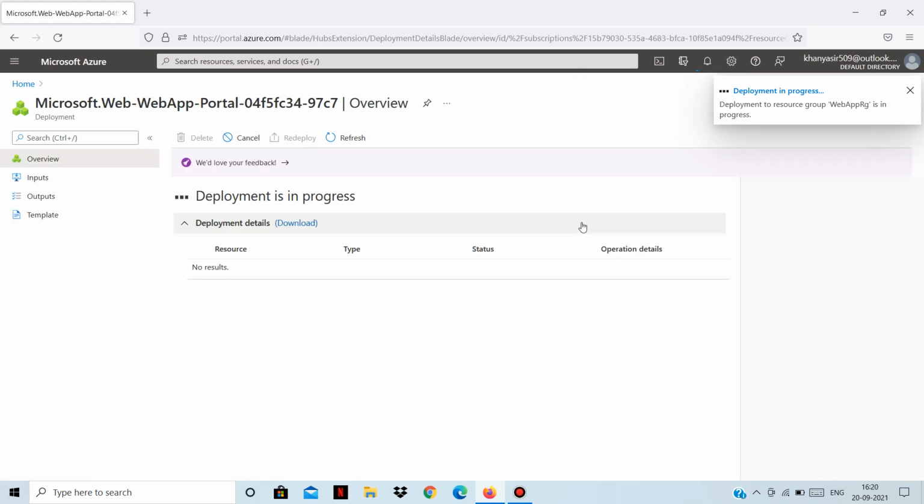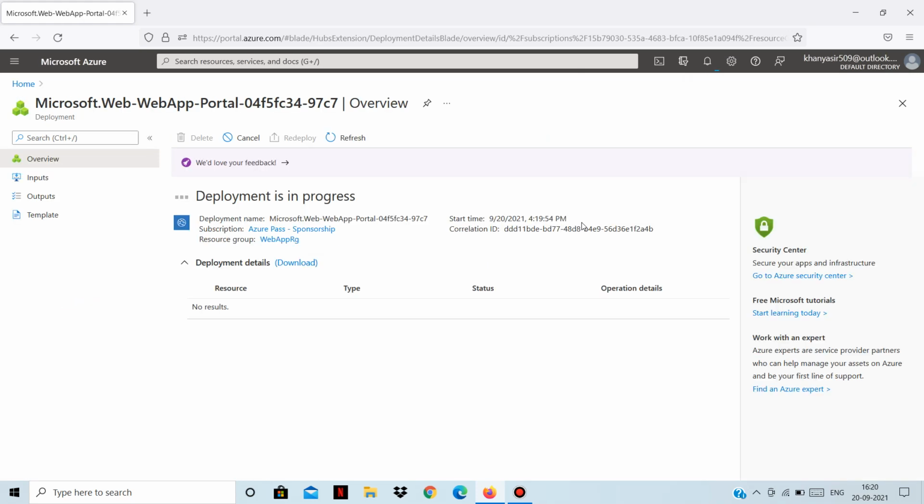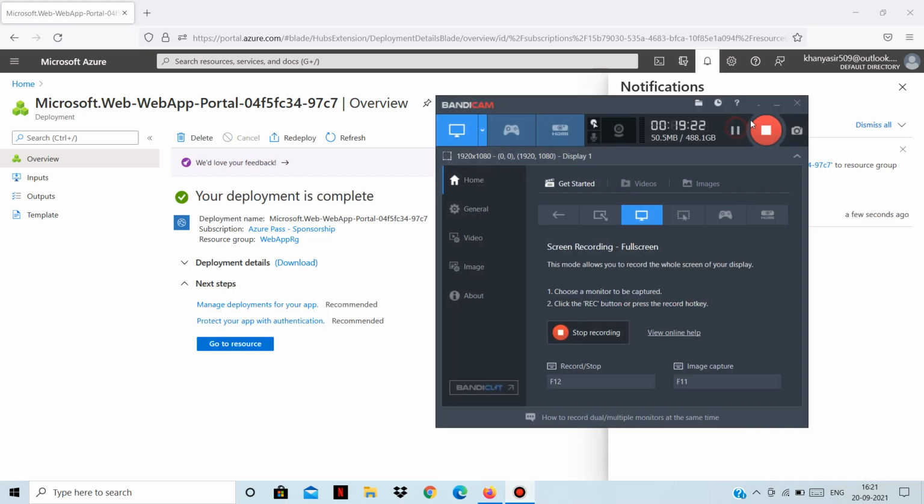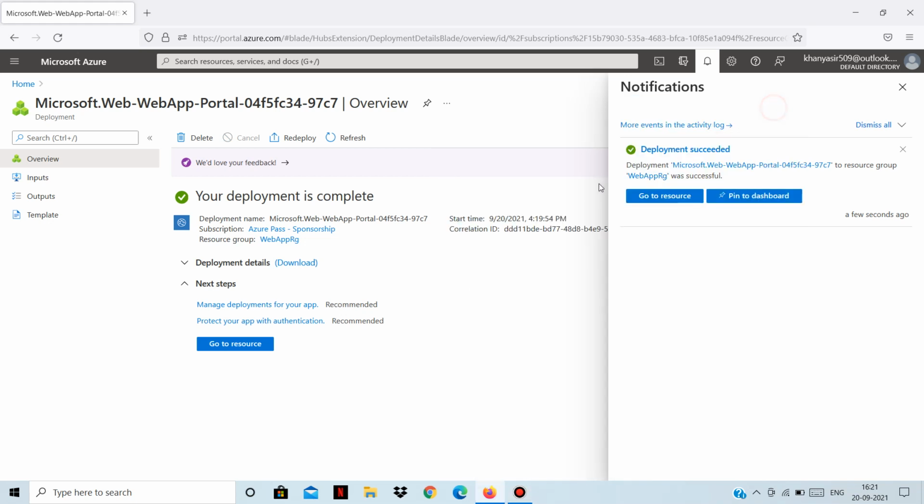It will deploy your web application. Now let's come back once this is actually deployed. Okay, now in just 1 or 2 minutes, as you can see, my web application has been successfully deployed.